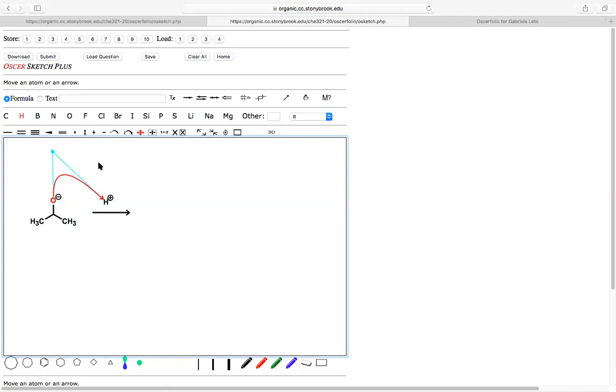Okay, so that's essentially the very basics of Oscersketch. I don't believe I missed anything. These here are electron lone pairs. You don't have to use the lone pairs in these diagrams, but if you're comfortable with them, that's totally okay. The last thing I do want to talk about is how to save and submit things on your